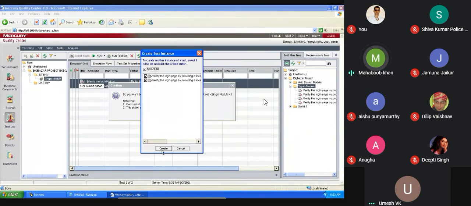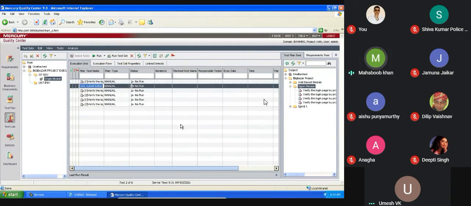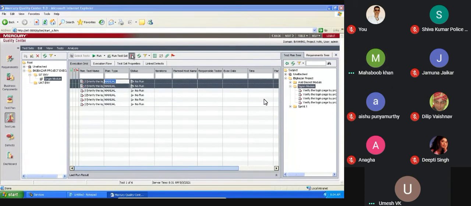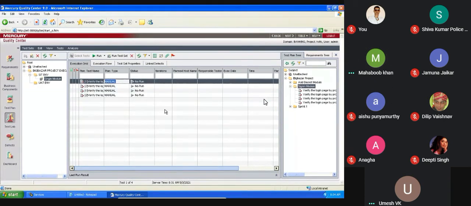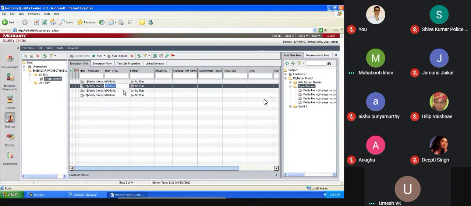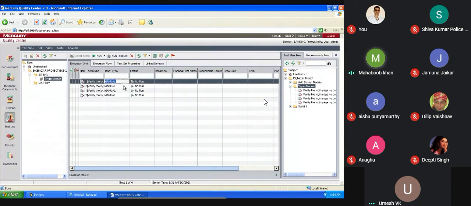Yes, instance 1, create. Now when you see here, 4 I have created manually, and the remaining ones, and the 4 things I have there.